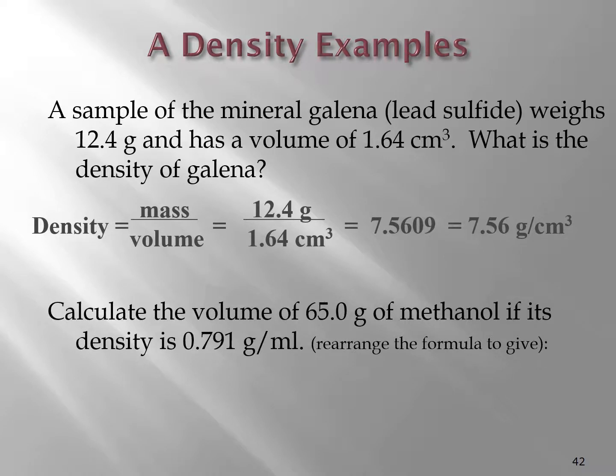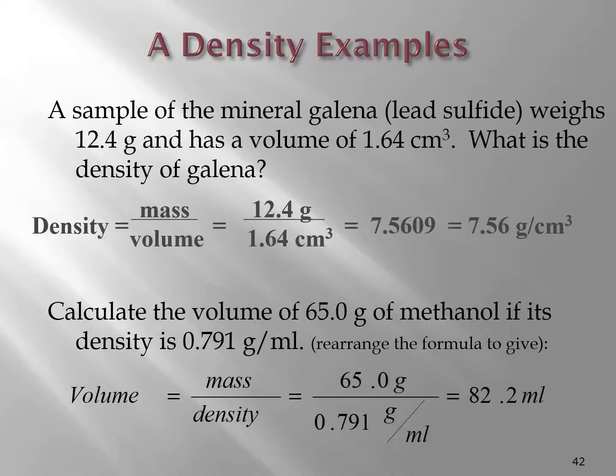All right, here's another example. Calculate the volume of 65.0 grams of methanol if its density is 0.791 grams per milliliter. Well, this time, so we know density is mass over volume. This time we're looking for volume, so we can rearrange the equation and we can have volume equals mass over density. And so if we put the mass, 65.0 grams, divided by the density, 0.791 grams per milliliter, what you'll